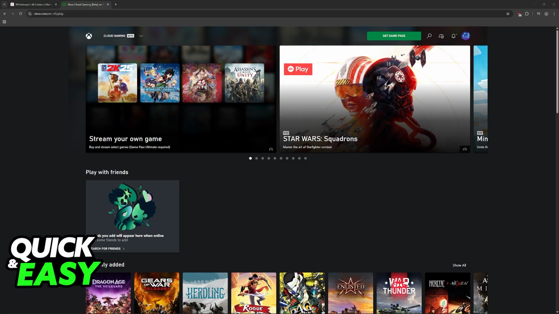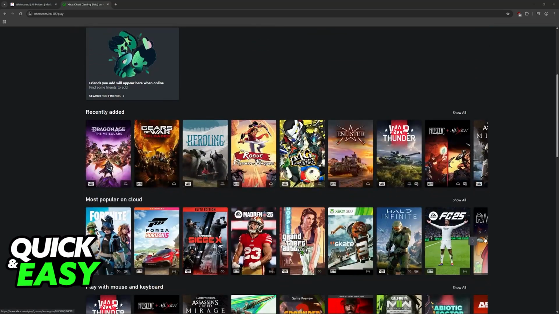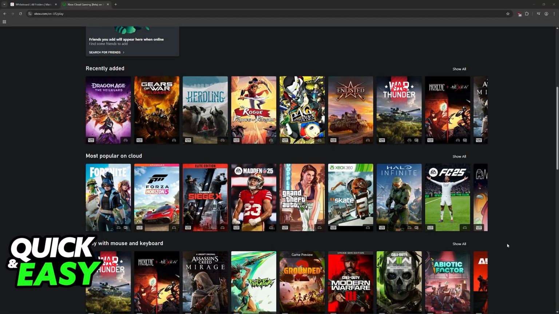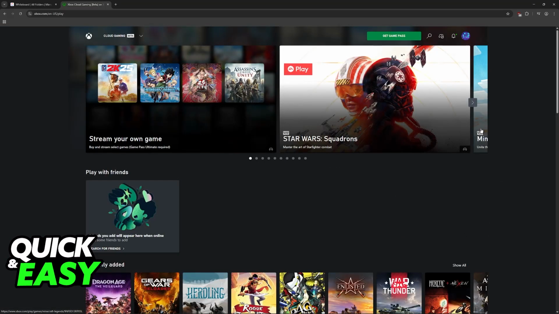You can access the website at xbox.com/play, or you can find Cloud Gaming directly on your Xbox console. So go to your library of games and you will also find it there. Once you access the website at xbox.com/play, through a web browser on your computer or your phone, or you go